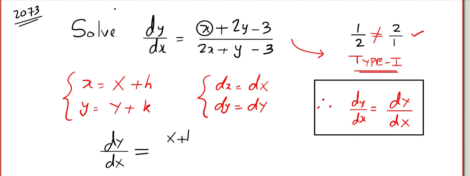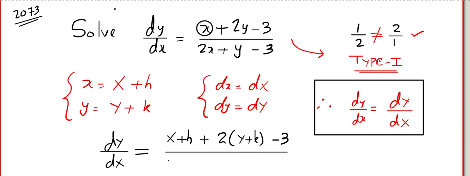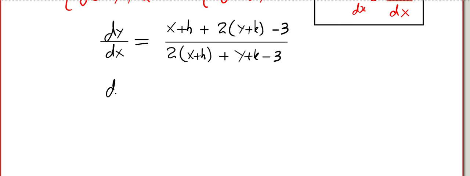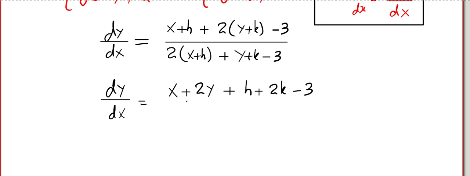(Capital X plus h) plus 2 (capital Y plus k) minus 3, the whole divided by 2 into (capital X plus h) plus (Y plus k) minus 3. Okay, now let's simplify. dY by dX equals (X plus 2Y plus h plus 2k minus 3)